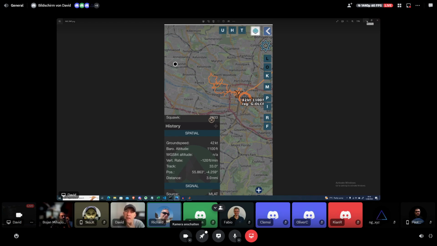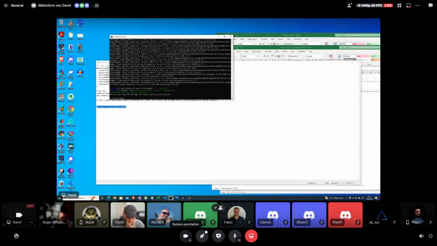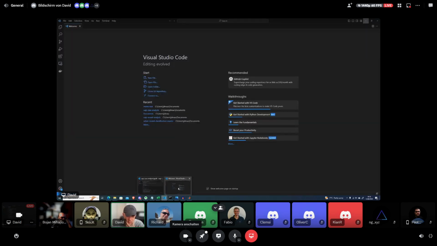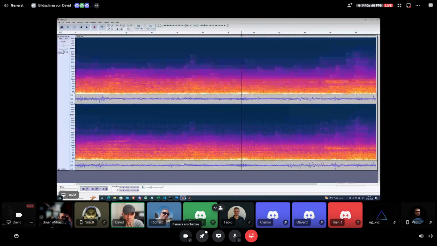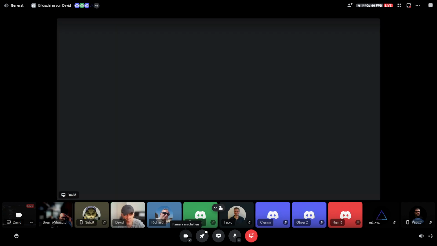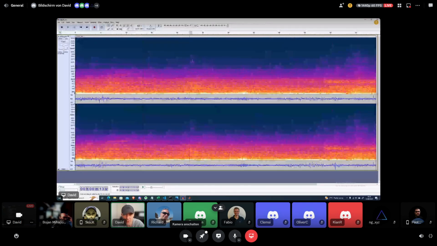But so you have already a recording of that helicopter? Yeah. Okay, cool. That's the time frequency plot, the spectrogram. So you can see some of the